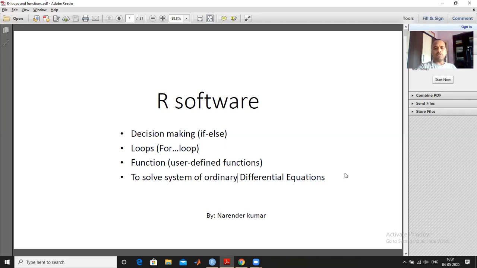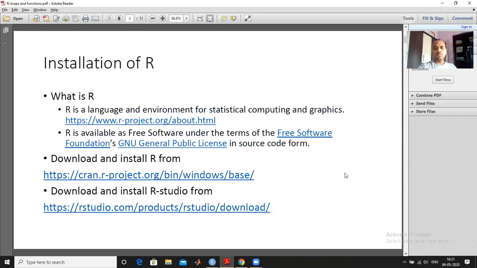So in this discussion, our focus is more on the programming part of the software. Those who are new to R can see what R is. R is a language and environment for statistical computing and graphics.